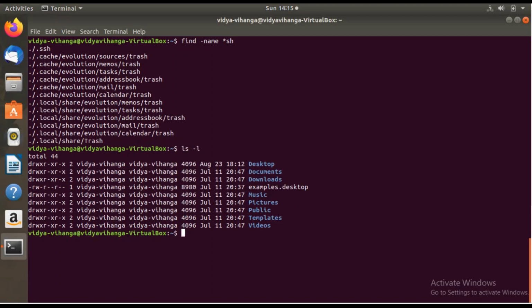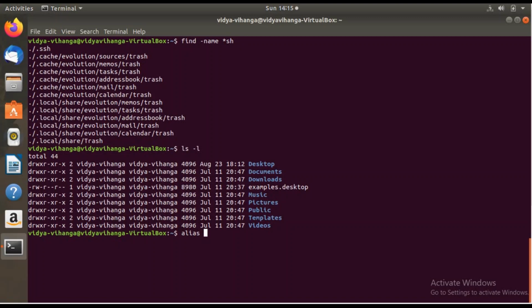Suppose I am unable to remember the ls -l command. So what I will do is replace ls -l with l. Whenever I give the letter l and execute it, I'll get the same output as when ls -l is run on the system.